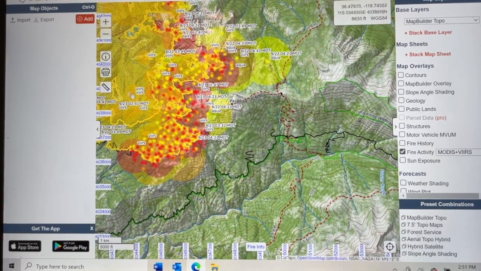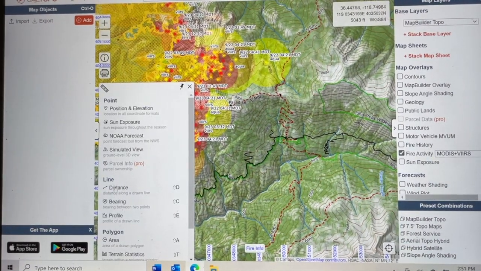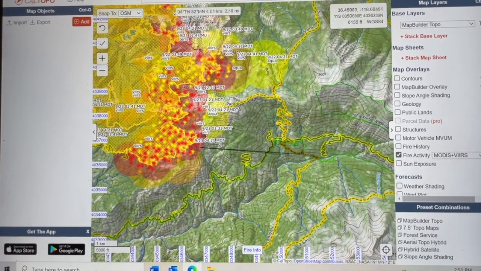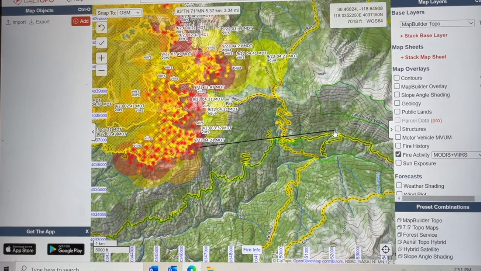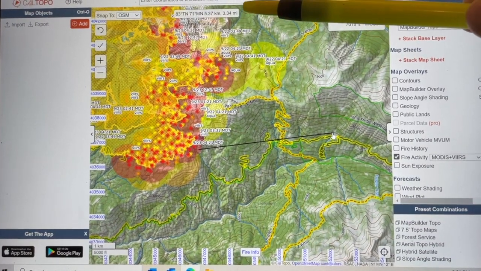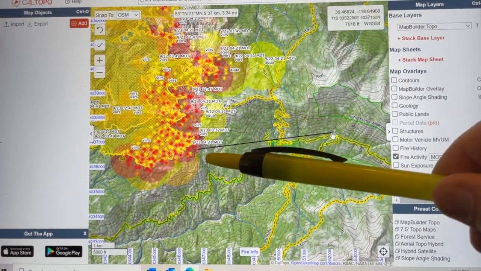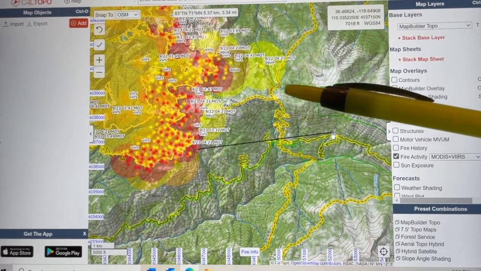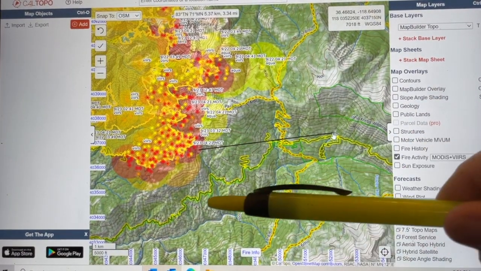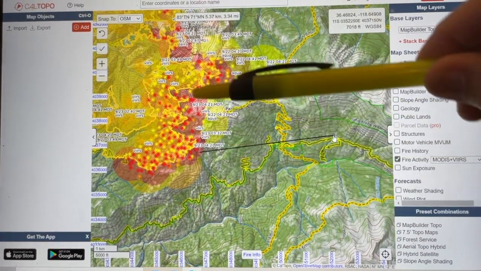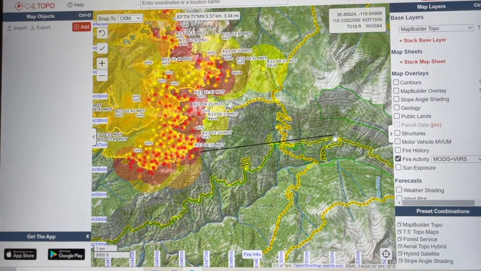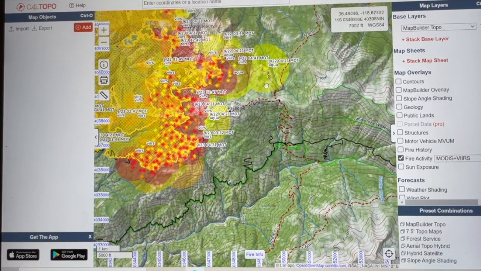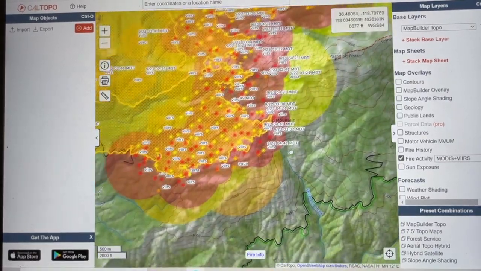And what I'm going to do is use a ruler tool to measure the distance between this leading edge and our cabin, and the map tells me that's 3.34 miles. And this is roughly uphill to our cabin. And right along here is a ridge between the Mineral King Valley, the East Fork drainage, and the rest of Sequoia National Park. And as you can see, at the moment, the fire is sitting right on top of that